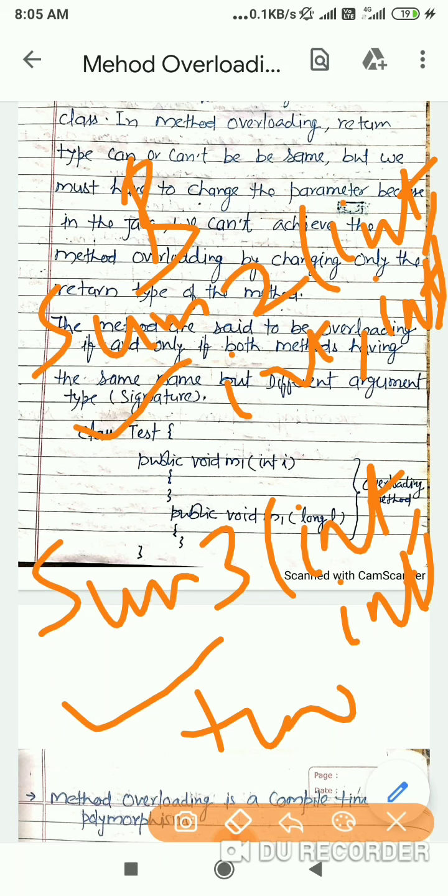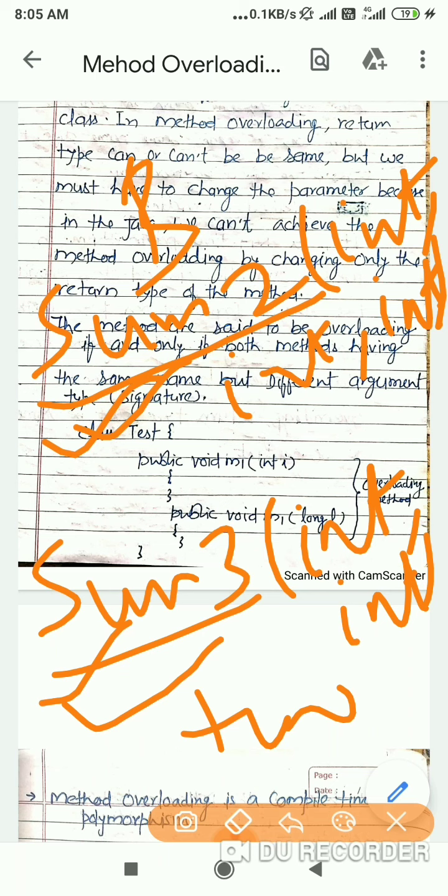However, other programmers, as well as me in the future, may get confused, as the behavior of both methods is the same but they differ by name. This one is sum2 and this is sum3, differing by name. The better way to accomplish this task is by overloading the method.